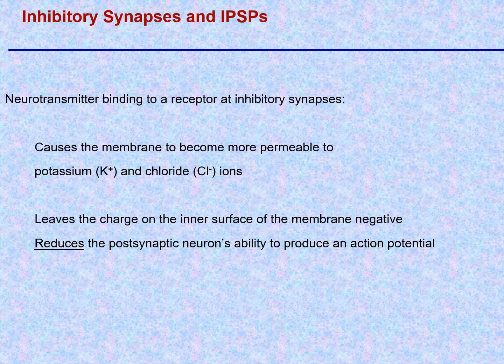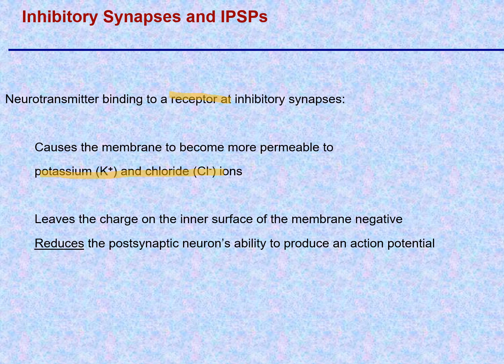In terms of inhibitory postsynaptic potentials, or at inhibitory synapses, neurotransmitter is binding to a receptor that can cause changes in permeability. Now, there are channels that open that are permeable to potassium and chloride ions. Potassium will move out because there's more potassium inside the cell than outside. So potassium leaks out, causing the cell membrane to become hyperpolarized, or chloride ions will move in, also causing hyperpolarization,